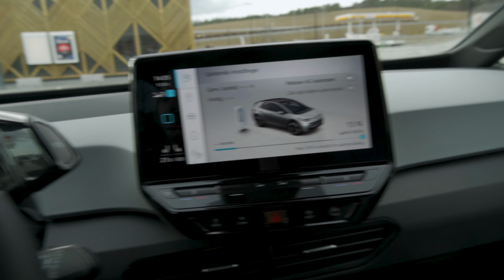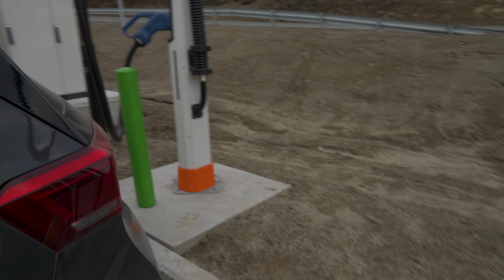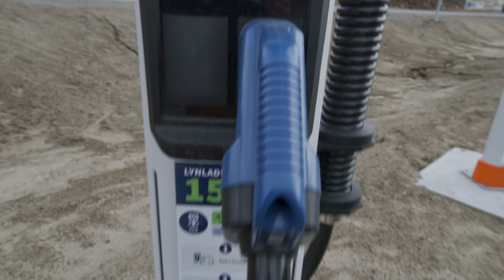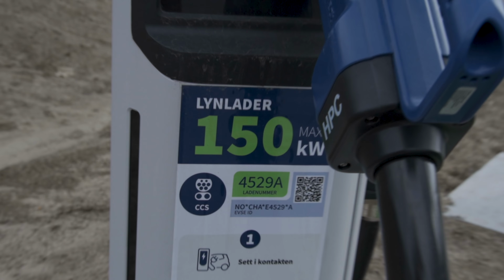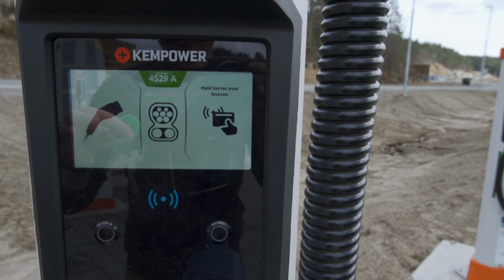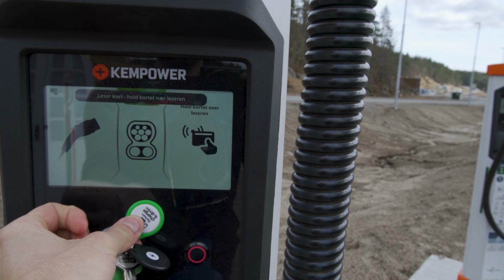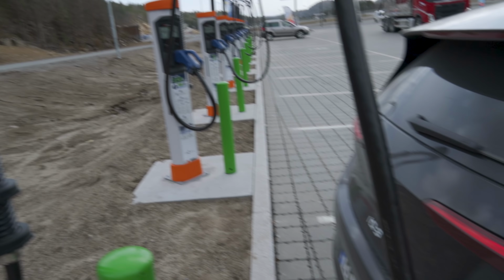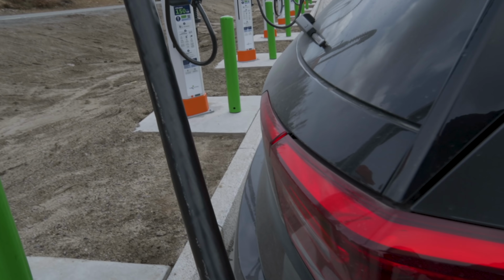So we're going to exit here and connect to the charger, and let's see if we do get any decent speed. Hopefully we will. So, no, this is a 150 charger. Why did I think this was a 350? I saw it from a distance that it was a 350 charger, but maybe we will get a little bit better speed from this one than we did from the other ones over there,